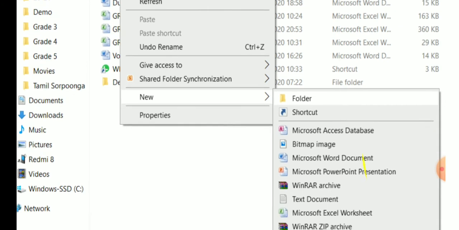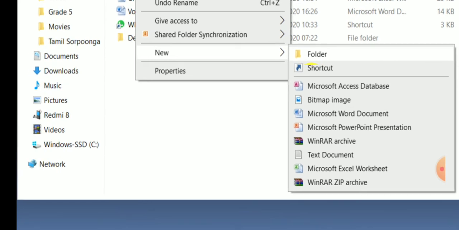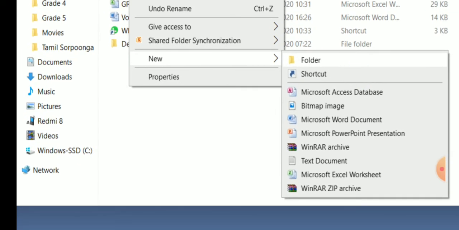If I select this New option, I can see many options like folder, shortcut, Microsoft database, likewise. I have to select Folder now because I need to create a new folder. So I can go by the New folder option by clicking on the ribbon, or otherwise I can right click, select the New option and then the Folder option by right clicking the empty space on the file list pane.